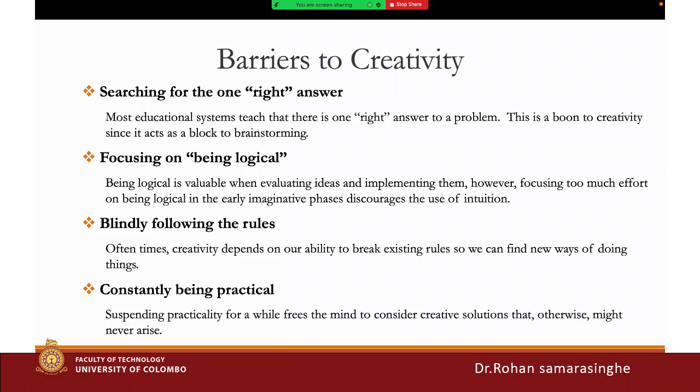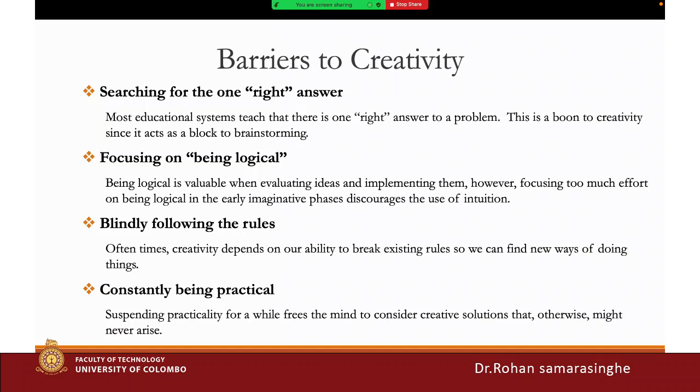Most educational systems teach that there is one right answer to the problem. This is a bane of creativity since it acts as a block to brainstorming. Don't think that there is only one answer. There may be several different right answers. Next, focusing on being logical: you always try to be logical and blindly follow the rules. Sometimes you are going to follow the rules blindly